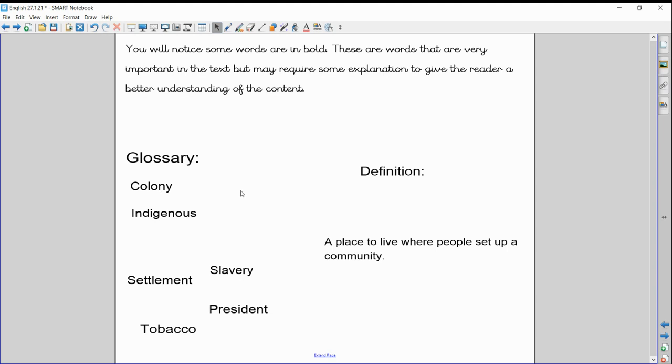So A, B, C, D, E, F, G, H, I, J, K, L, M, N, O, P. Yes, I've got a word beginning with P. It's president. The president can go just in there. And then I've got 2 words beginning with S. So P, Q, R,